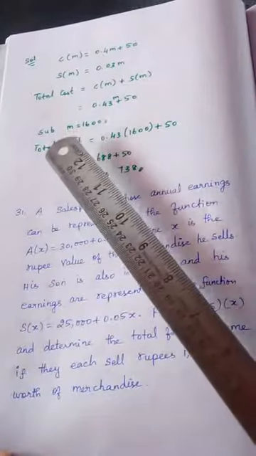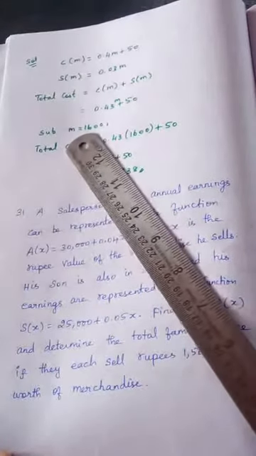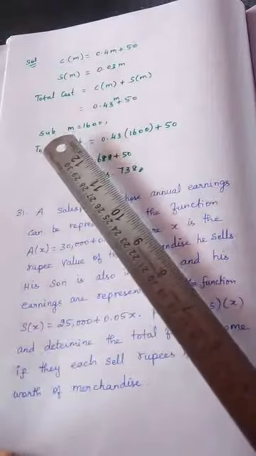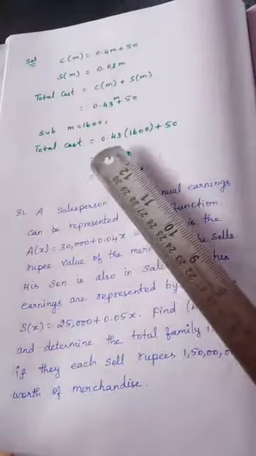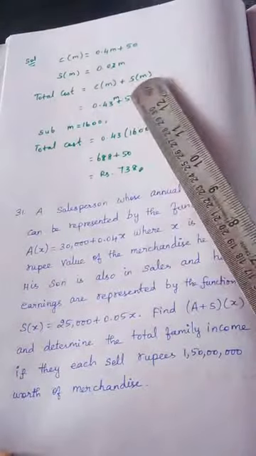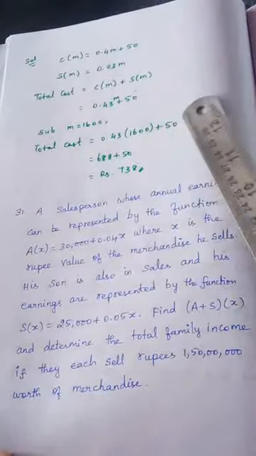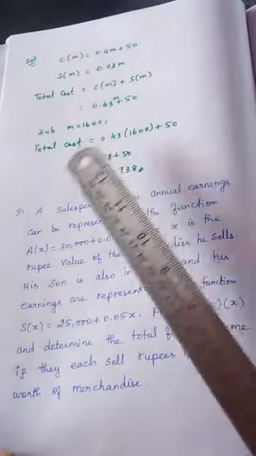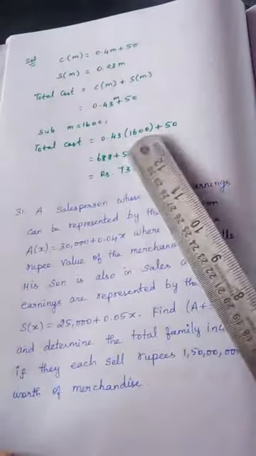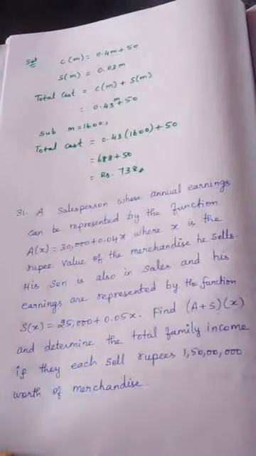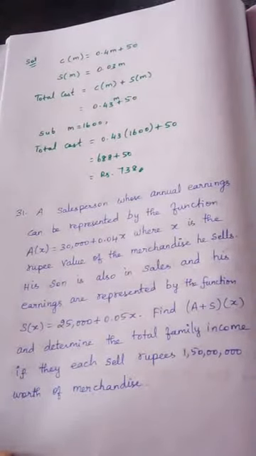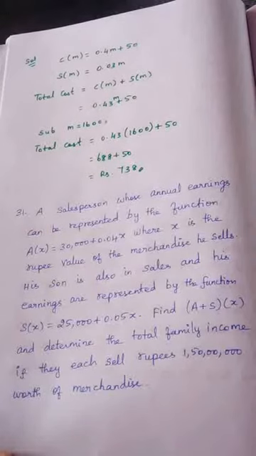What we want is the cost for flying 1600 miles. So take M as 1600 and substitute in the above equation. 0.43 in place of M I am writing 1600 and then 50. Multiply these two and then add with 50 and we get the answer as rupees 738 is the total airfare. I think question looks big, but the answer is very simple. We will go for the next problem.